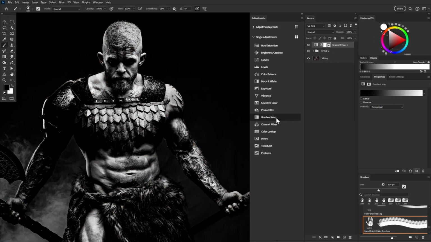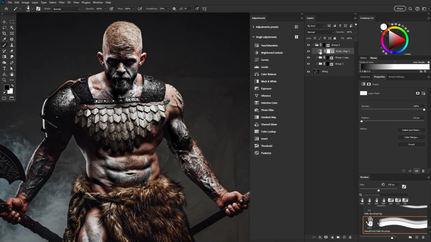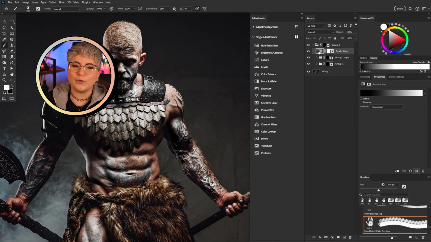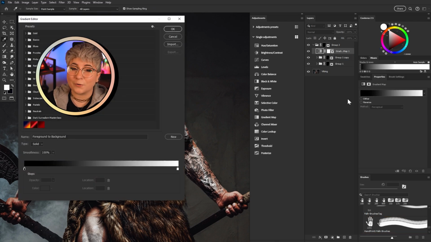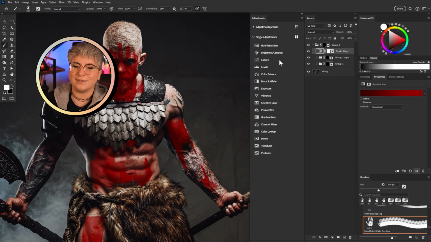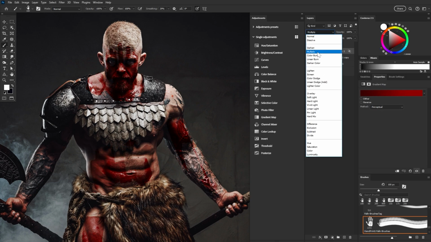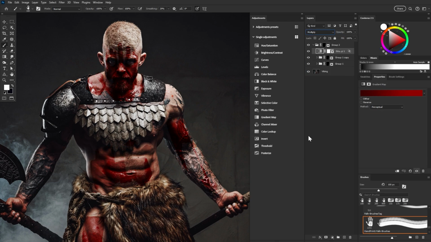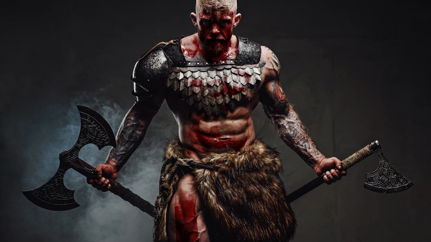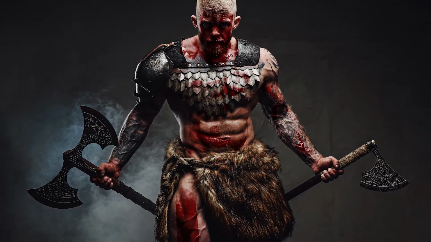You can also duplicate this group for an even stronger effect if the paint feels a little too transparent or light. And even cooler, you can always throw a gradient map set to multiply in this group to change the paint's color. And remember BlendIf, the one thing we just got done talking about? Well, you can play with the gradient's BlendIf settings to remove the gradient from those highlights to bring in almost a shine effect, leaving you with a really lovely blood effect in this case. Though there is more blood coming up later on.